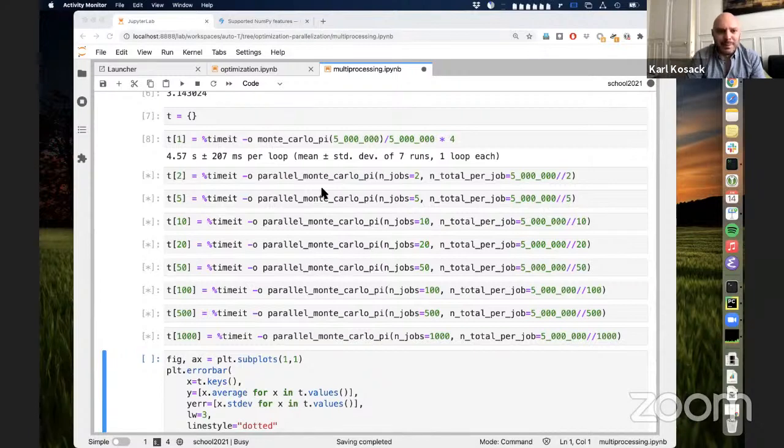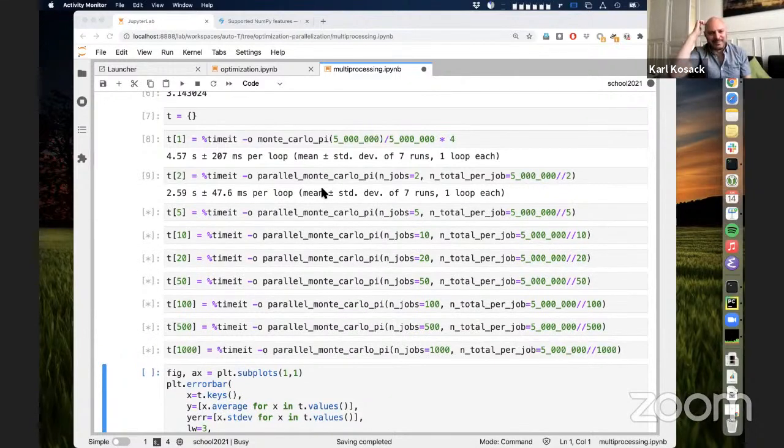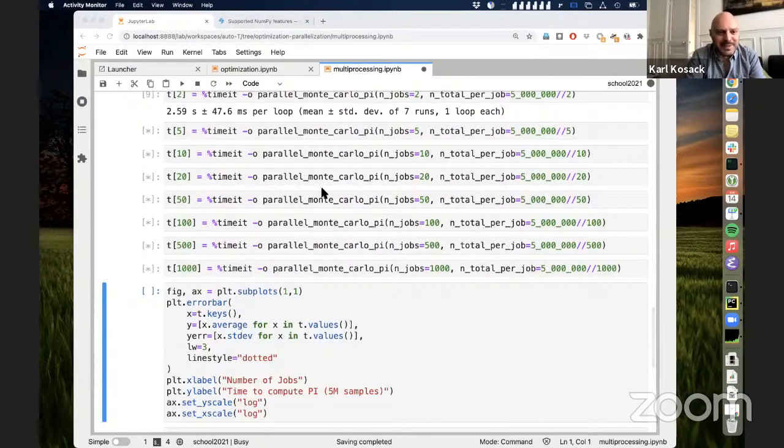I realized I probably should not run these all at the same time because they're all running simultaneously, so the results will be interfering with each other. So if you run this by yourself, run one, wait till it finishes, run the next one, wait till it finishes. Otherwise, the results are not going to be perfect, but we'll see what we have.